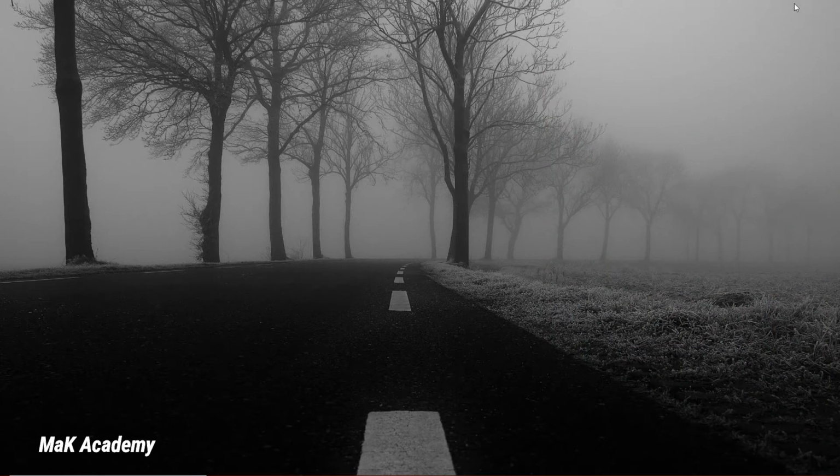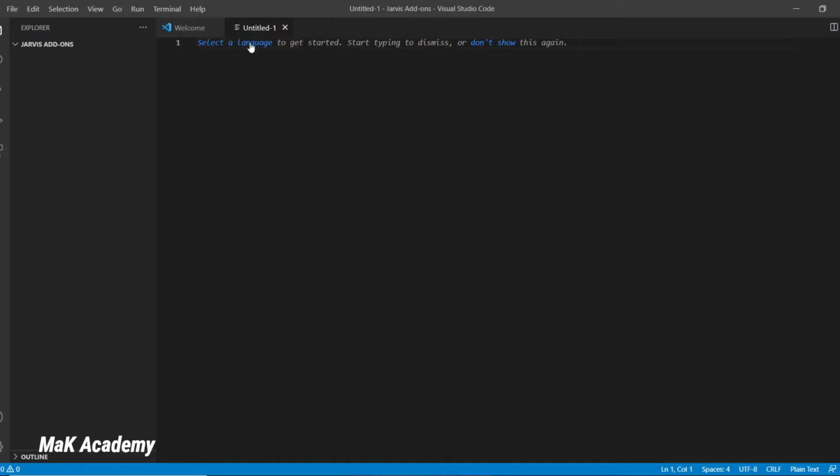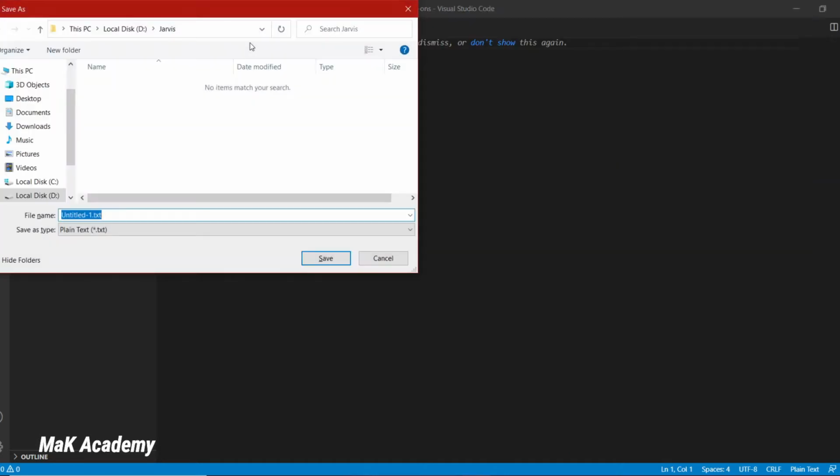Since our Arduino is now connected to our computer, let's move on to the actual programming part. So I will open my VS Code here and I will create a new file and I will name it as arduino.py. So I will save it,